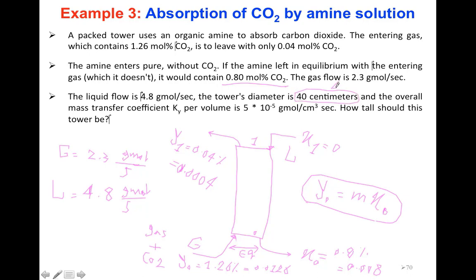This is your diameter. The overall mass transfer is also given, 5 times 10 power. How tall should this tower be? You need to find Z in this column. So how do we find it? We will have to use the Z equation that we have. But before we do so, we need to find